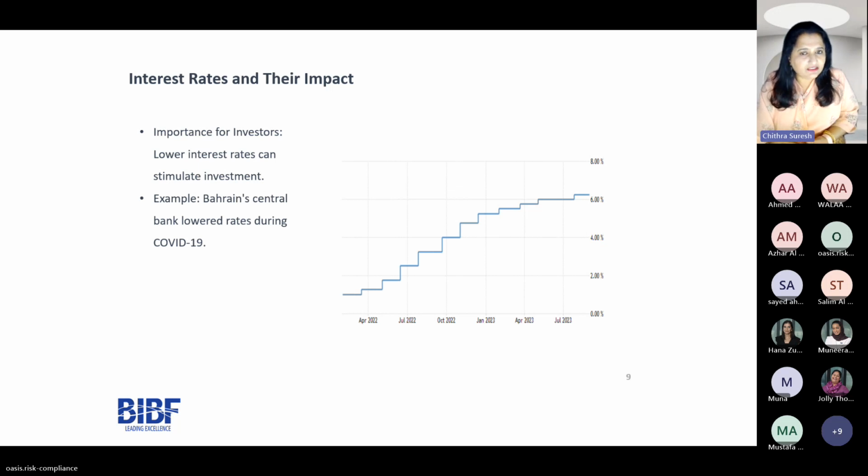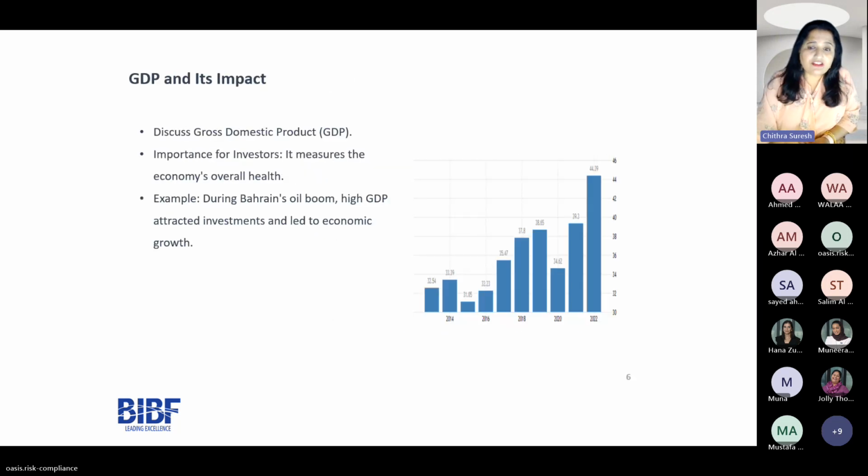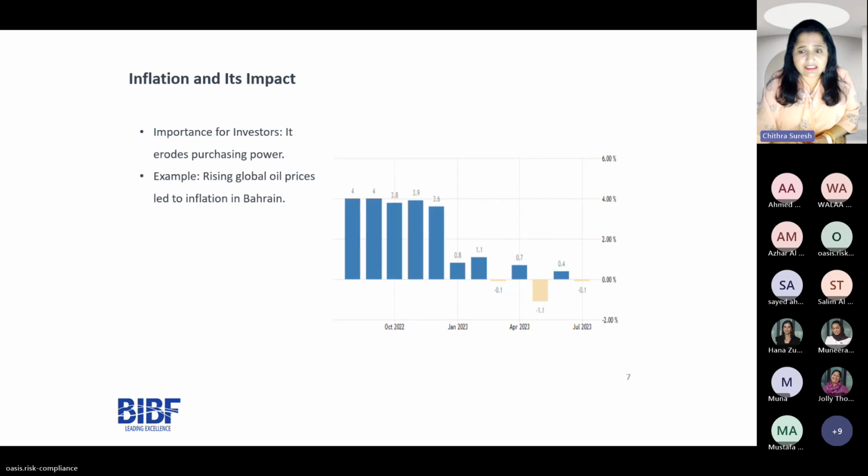So if there is persistently high inflation, that can be a sign of an overheating economy, while low inflation or deflation or stagflation can indicate economic weakness. So investors, it's very important for us to consider inflation rates in conjunction with the other economic indicators in order to assess overall economic health and to make well-informed investment decisions. Now let's look at